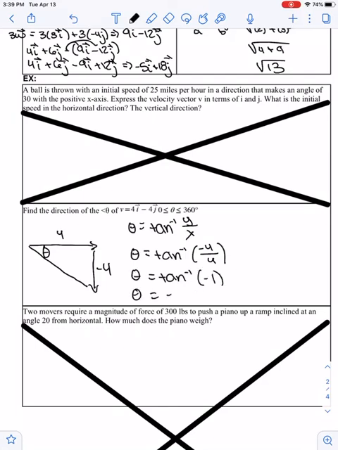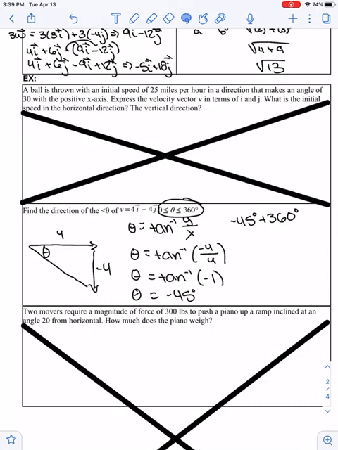So theta equals negative 45 degrees. But as our restriction told us, we had to be between 0 and 360 degrees. So to map back to that point, we're just going to add 360. Because if we remember, when you add 360 degrees on our unit circle, you get right back to that same point. So negative 45 degrees plus 360 degrees